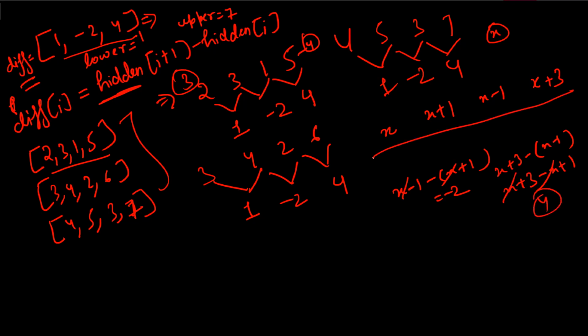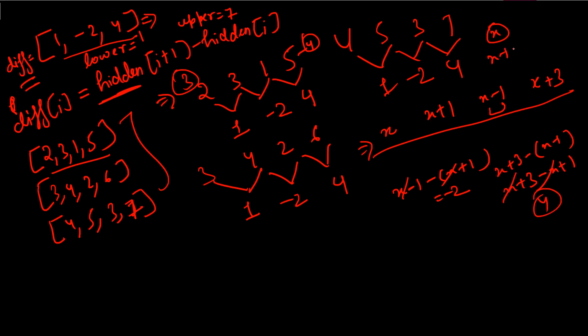Now we have to look for the x values. What will be the minimum value for this sequence from the derivation we have done? The minimum value will be x minus 1. We have to figure out the minimum and maximum value, because we have to take care of the lower and upper range given to us. So x minus 1 is the minimum value. So we have to make sure what?